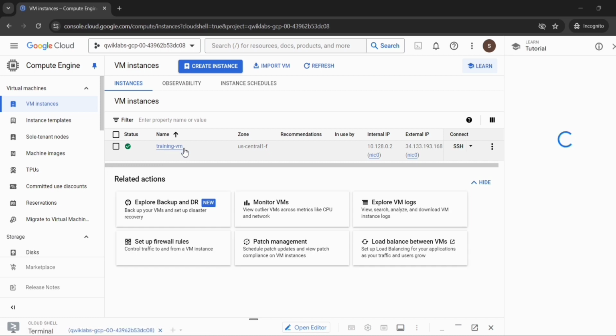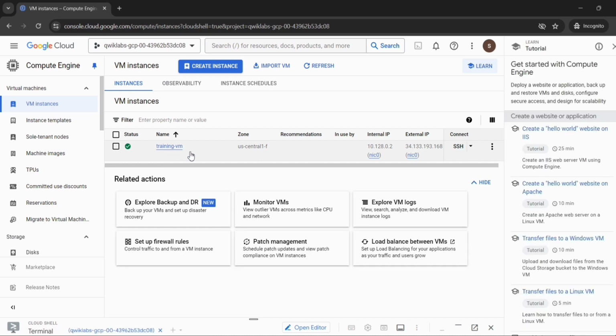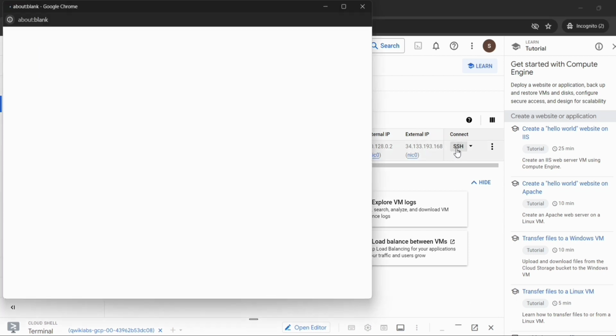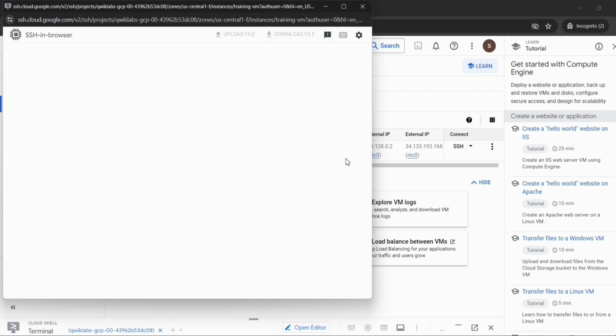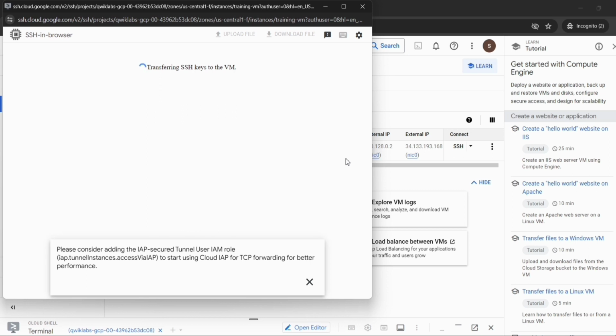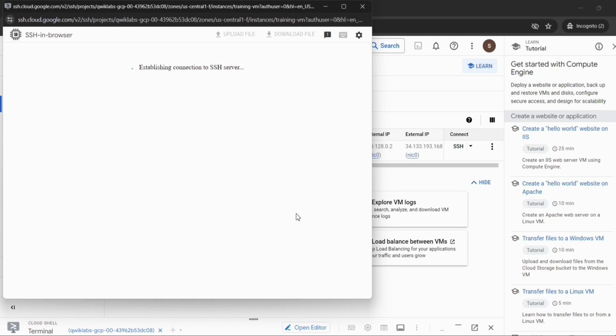Now for the training VM, under Connect, you have to click on SSH. It will open the SSH in a browser terminal. Now let the terminal open.